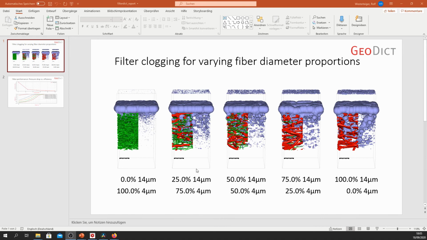Once we start introducing more thick fibers and reducing the amount of smaller fibers in proportion, we can see that the particles penetrate the filter more and more. And this is also reflected if we go to the second slide.